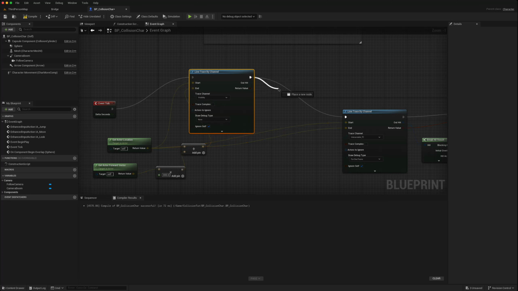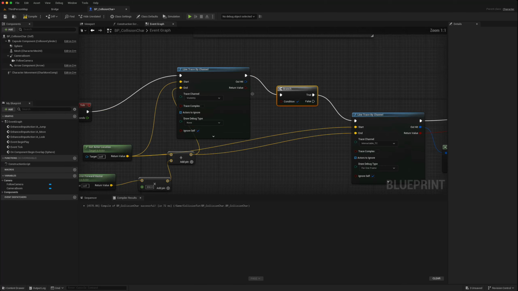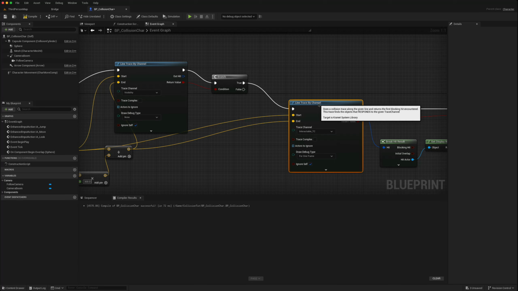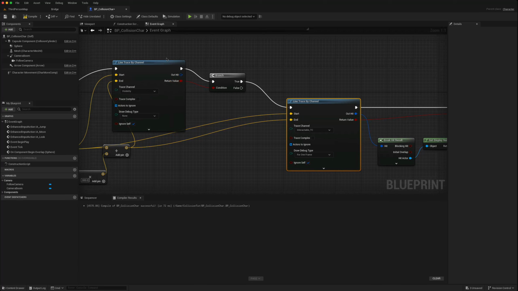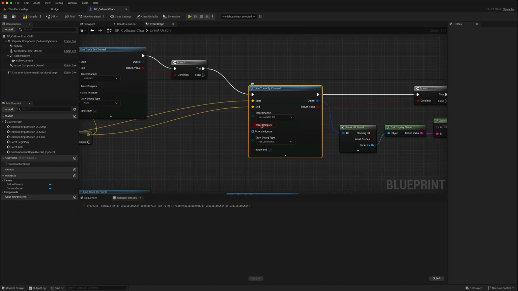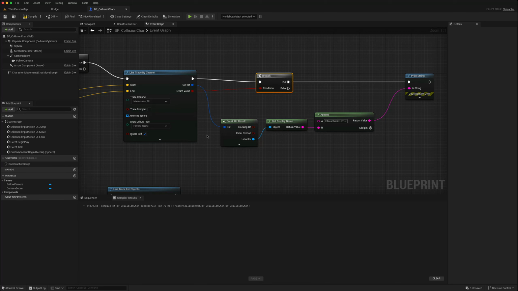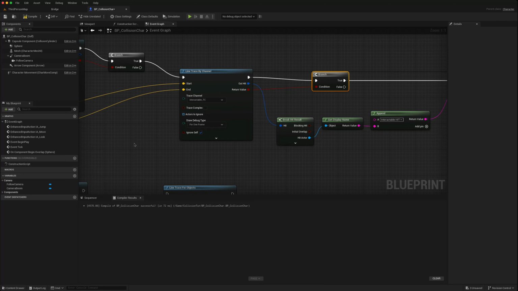If there is a hit, so we can branch on that, we can then see whether there is also a hit on the interactable channel. There is a hit on the trace channel because everything blocks the visibility channel. We then check to see if there is a trace on the interactable channel, and only interactable objects will block this channel. So if there is a hit there on the interactable channel as well,